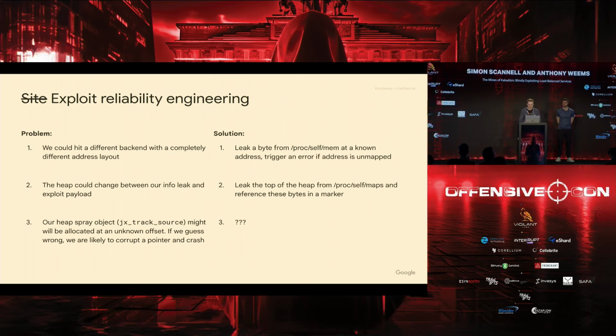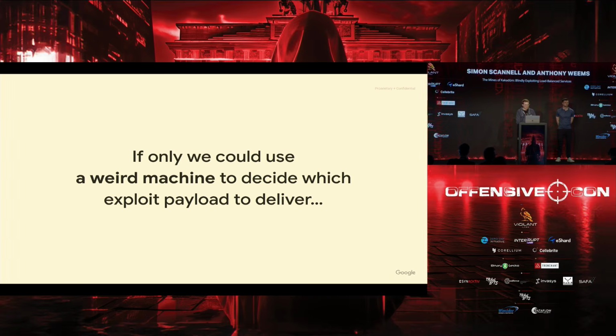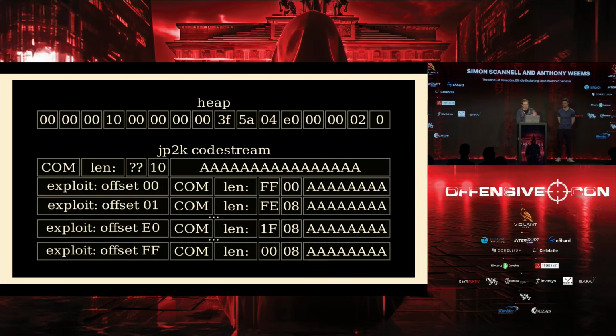And if we guess wrong, we crash. So we would like to not do that. If only we had some sort of weird machine that could deliver precisely the right exploit payload by searching for the offset. So we reused our same conditional logic from before, but this time,